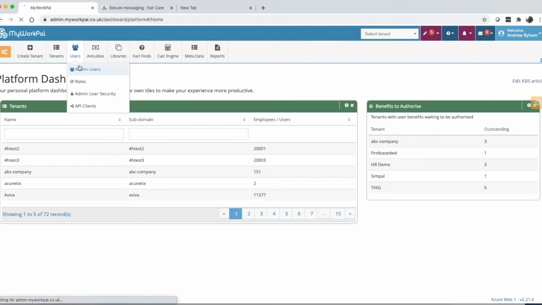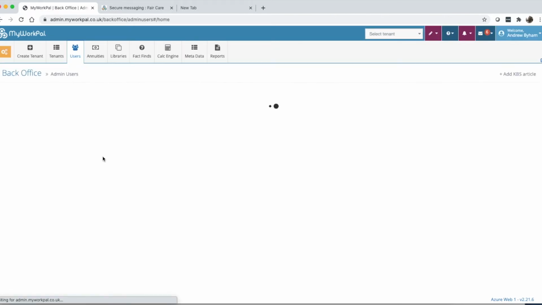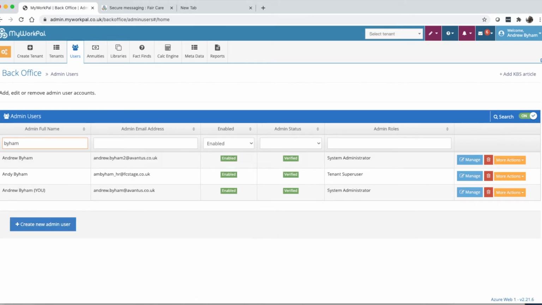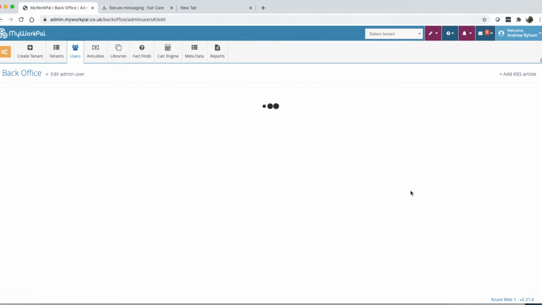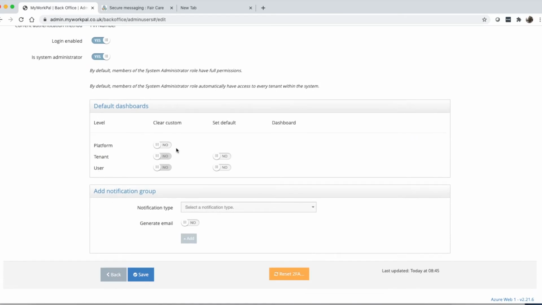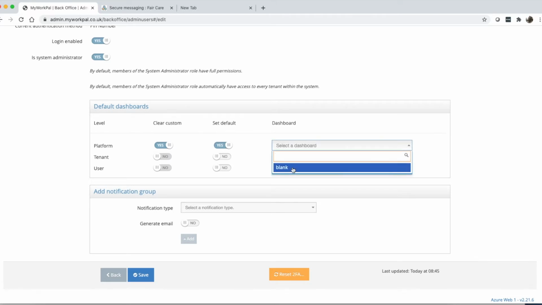So if I go and find myself as an admin user, I'm just going to wipe out my dashboard. So I can see that this is my account, so it says you in brackets here. So I can manage myself, manage my admin user account. And here I can say, right, I want to clear my custom dashboard and I want to set the default as the blank dashboard. If I save that now,